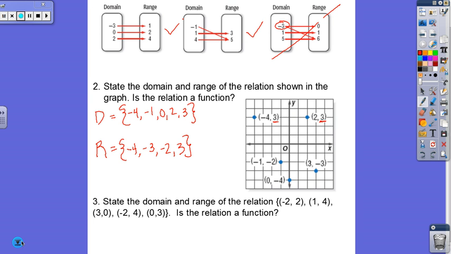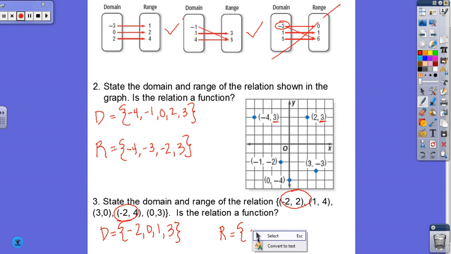And then here for my set of ordered pairs, this one is not a function because negative 2 is paired with the values of 2 and 4. To list my domain and range, it would be similar to the previous one. I would pick out all of my x values, starting with the smallest, and then range, same thing. So my range would be 0,